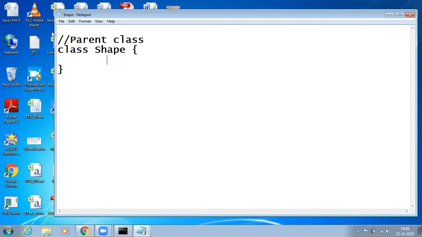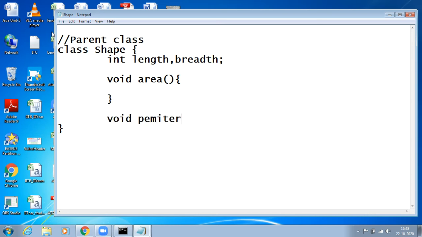What does a shape contain generally? Generally a shape contains properties like the dimensions of the shape and methods like area or perimeter. For example, just take a simple one: int length, breadth, and some methods like void area and void perimeter.